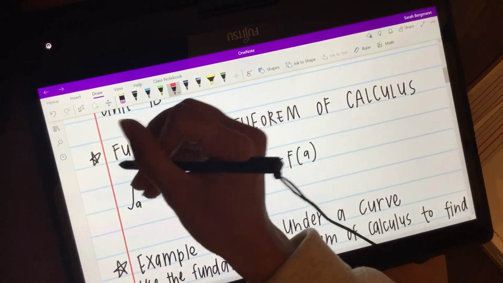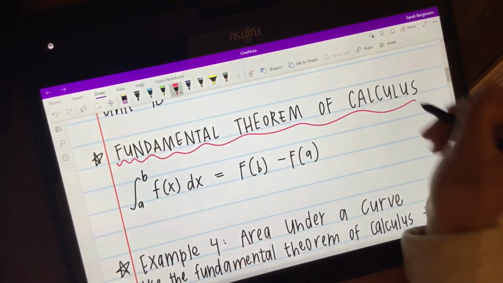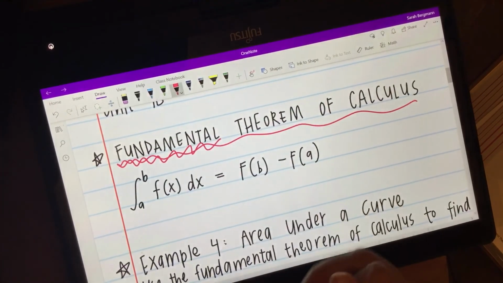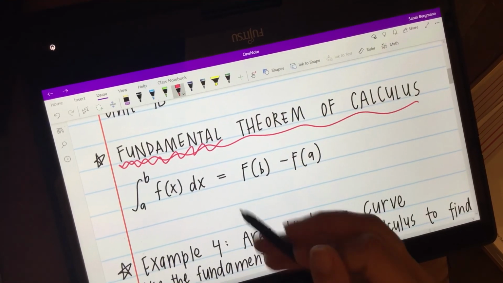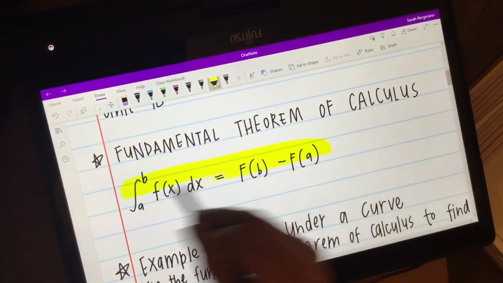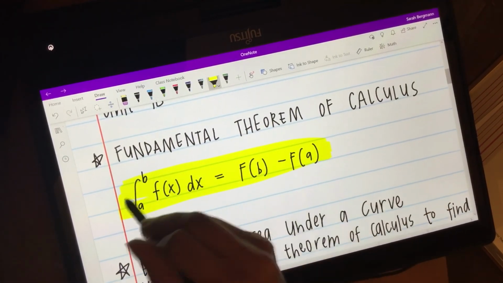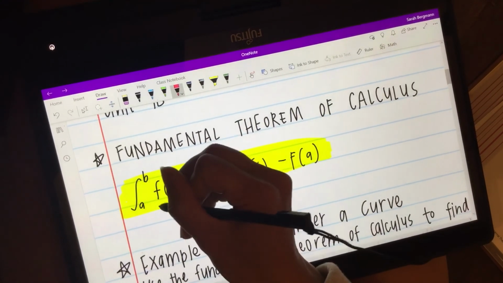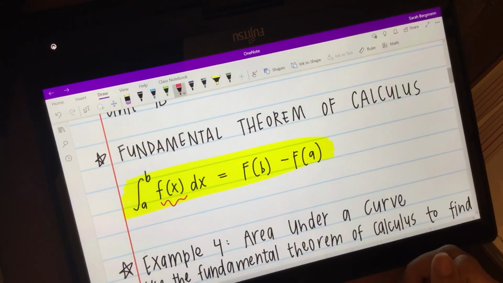Yesterday we briefly talked about the fundamental theorem of calculus. With a name like the fundamental theorem of calculus, obviously you can tell this is super important. So obviously you need to know and memorize this equation. What this equation is saying is that in order to find the area under a curve for the function f